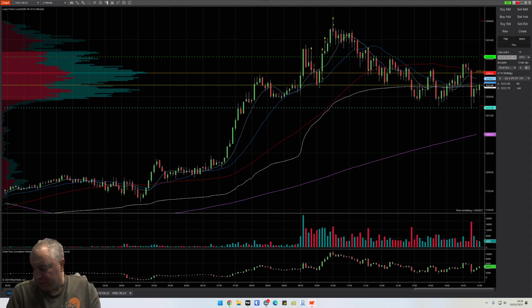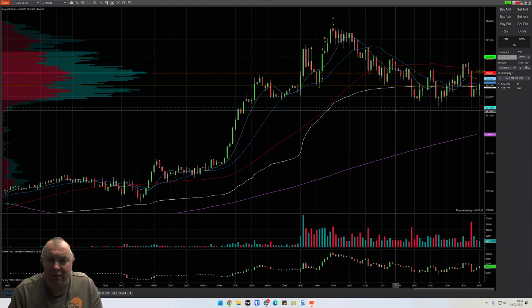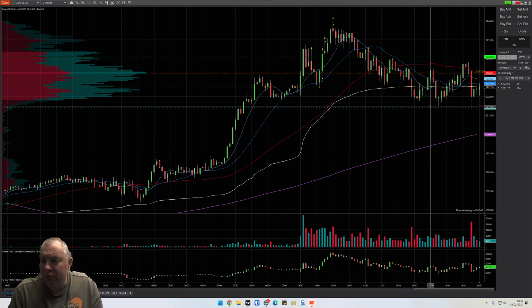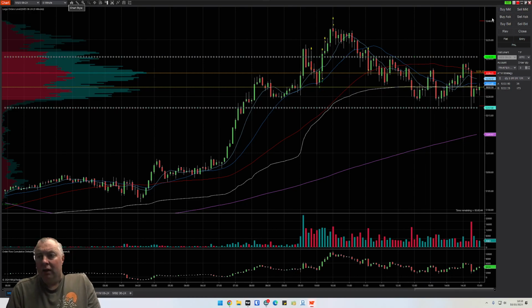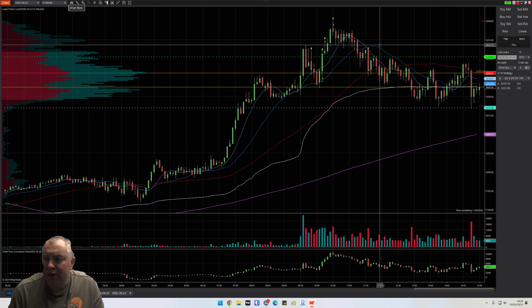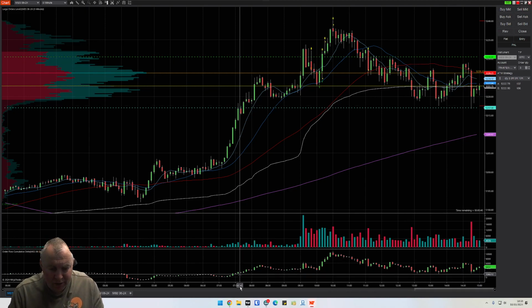Good afternoon. It is 3 PM Eastern time and I'm just going to recap my trading for today. I took 2 trades and was never in any drawdown and it worked pretty successfully. So I'm going to go through those trades, but first I'm going to start off with the hourly chart, which